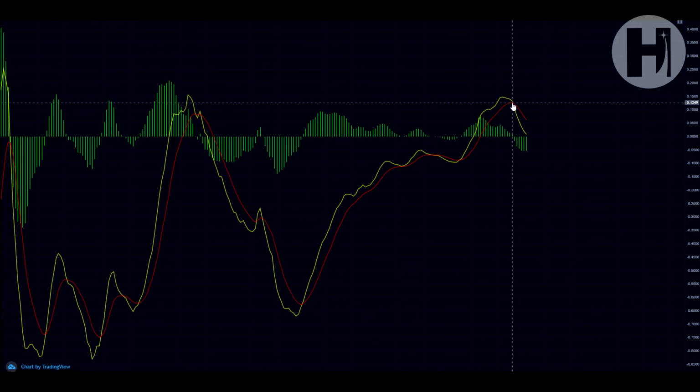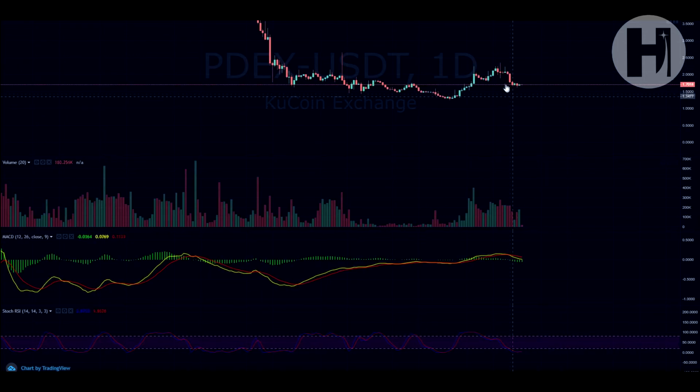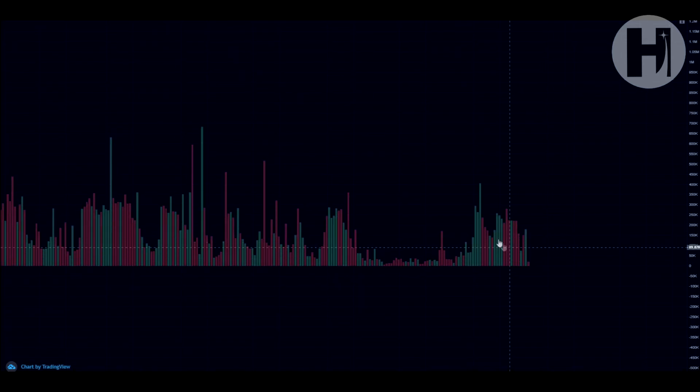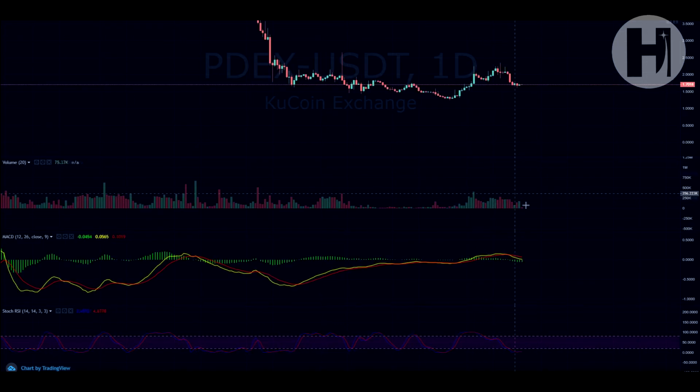The MACD did print a bearish cross on August 18th, so that was kind of your signal telling you, hey, we're potentially going to see a move to the downside, and at that point, we were sitting at $2. So you saw a nice little pullback here of 20% to the downside if you were trading based on the MACD and the stochastic. And moving over to the volume here, you can see that the volume has been rising for the last month, which is good. It's always good to see volume on projects that I'm bullish on, of course,